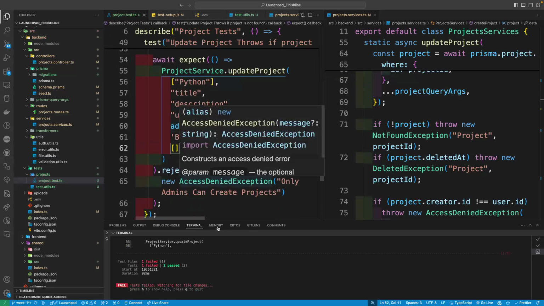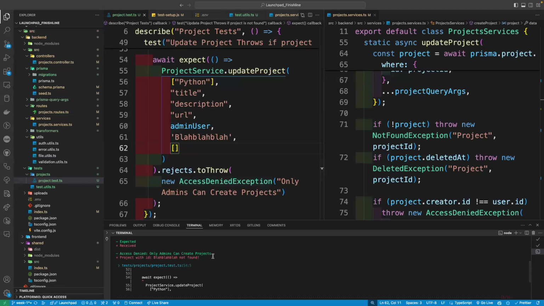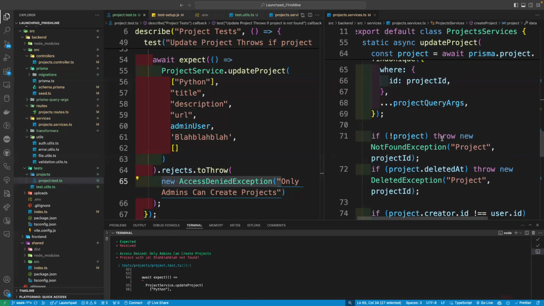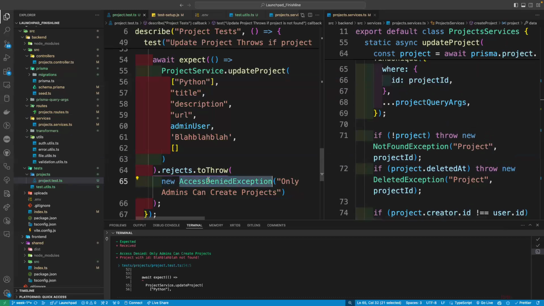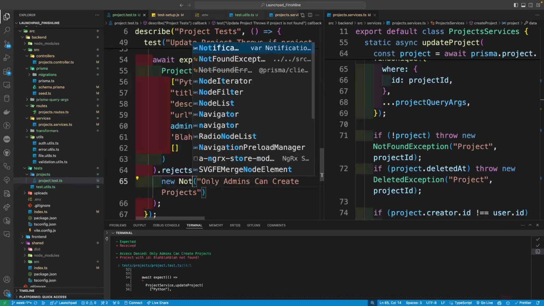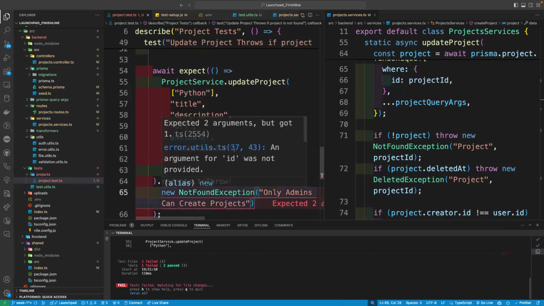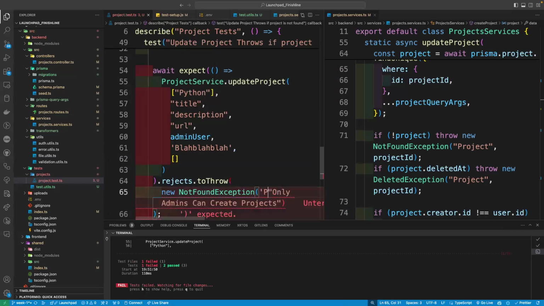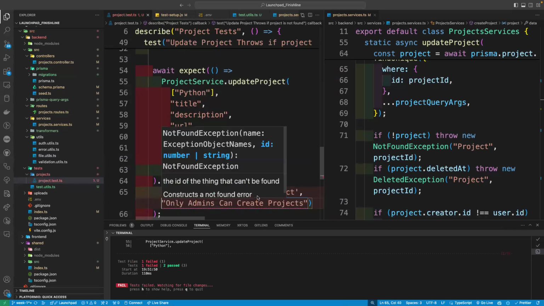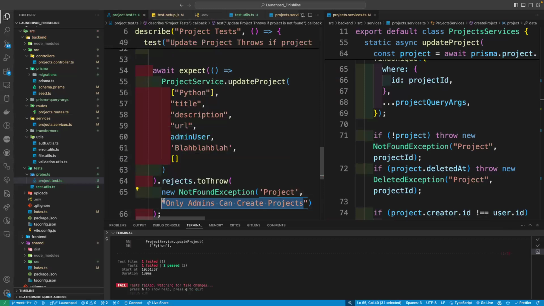Right there. And we're going to see that we're getting an error, but it is not the error that we expected. So this is why it is really cool to be able to specify the exact error that we expect to be thrown in this case. So we're expecting access denied, only admins can create projects, but we're receiving project with ID, blah, blah, blah, not found. So we can say that new not found exception, and we're going to say it's a project. Oops, project. And the ID is,